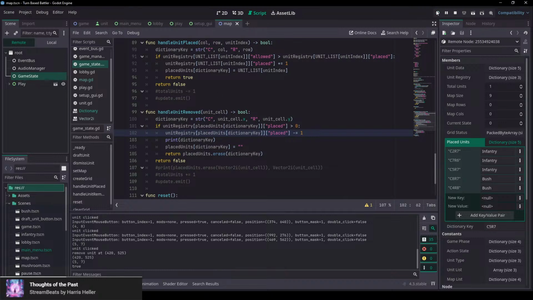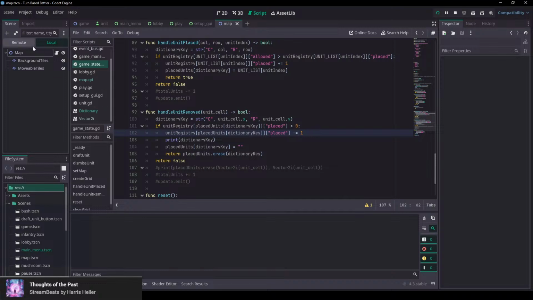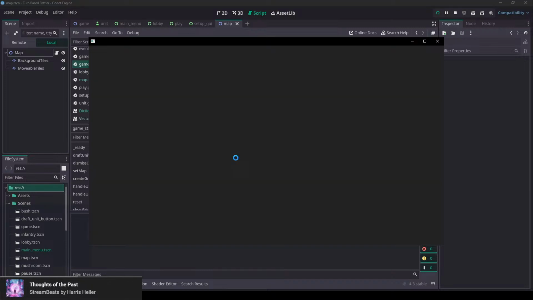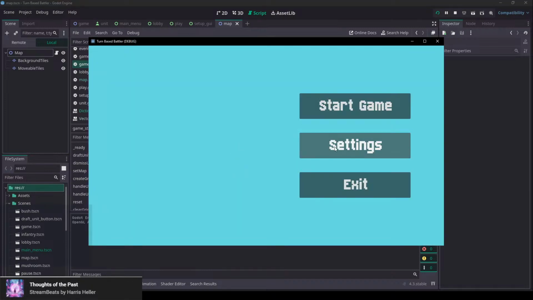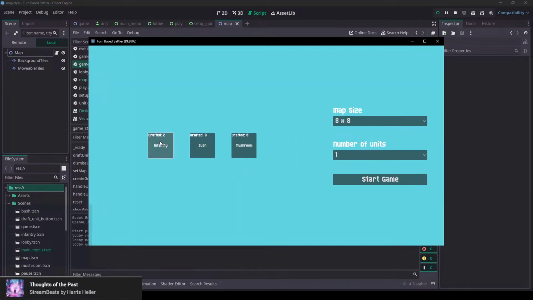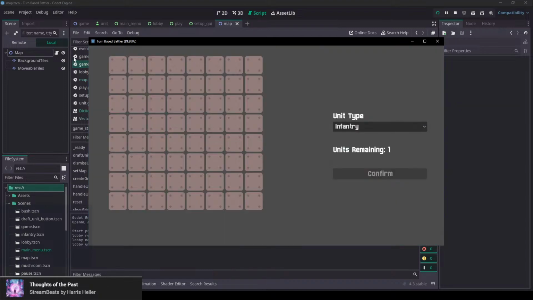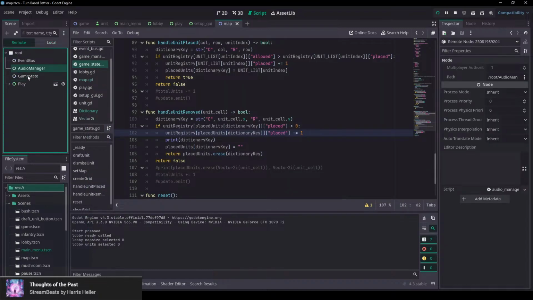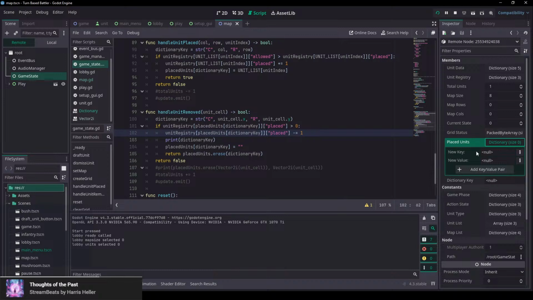So let's rerun this, and just remember that we've got to reload the inspector each time we remove a unit, just to make sure that the dictionary is keeping up to date correctly. So let's do 3 of each. That will keep that dictionary correct. So when you place a new unit, because it's just adding,